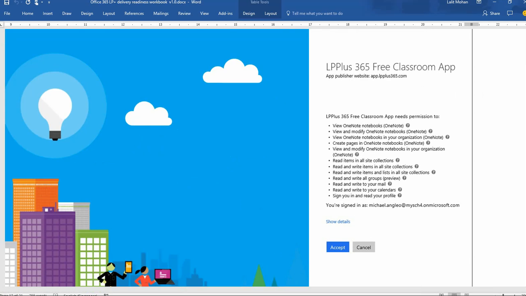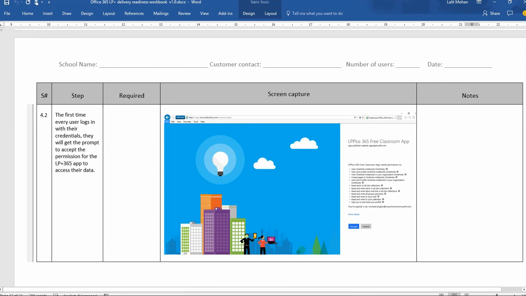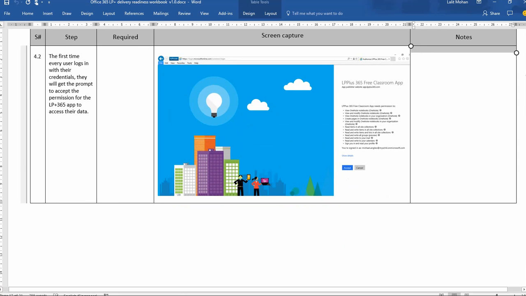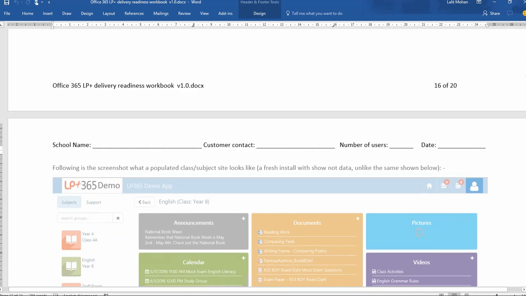Before it can access it, it is required to take permission from the user only one time. This will not happen with every login. Okay, so you can see here OneNote, profile, his SharePoint, his calendar. So the app is asking permission to access all that data, to cover the privacy angle here. Okay, so once the student has done that,